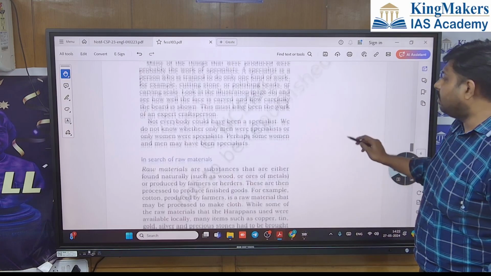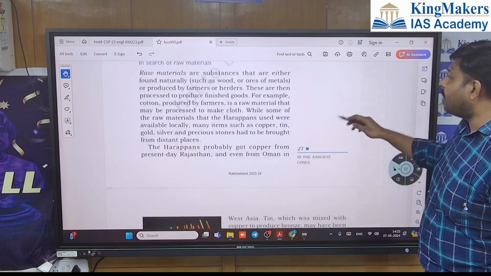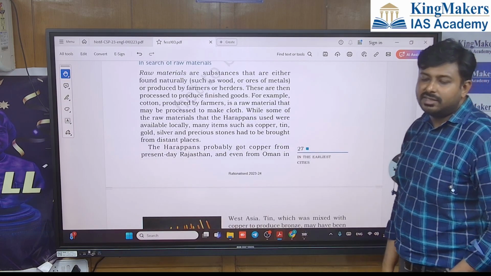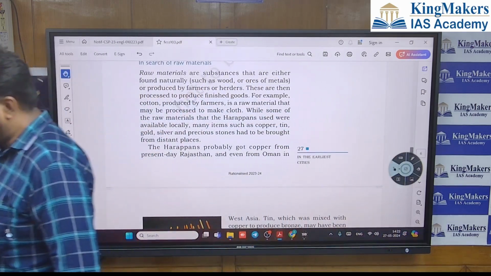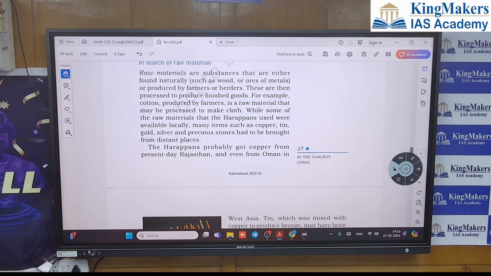Okay, this kind of search of raw materials comes from different places. For example, copper was coming from Khetri mines in Rajasthan. Okay, and this carnelian, jasper, chert, all these stones are coming from different places. Tin was procured from Afghanistan. Copper is different from bronze. When tin is added to copper, it becomes bronze. All these materials were coming. Okay,